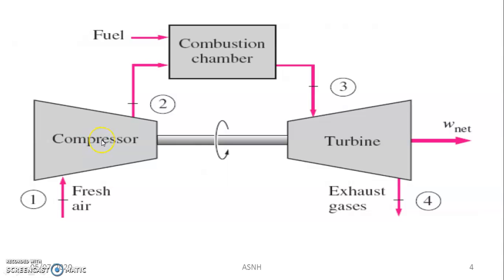In the compressor, the pressure and temperature increase, and when the air comes in contact with the fuel supplied in the combustion chamber, combustion of the fuel takes place, burning of that mixture takes place, and a tremendous amount of heat is generated in the form of heat energy, having high pressure and high temperature, and the same mixture enters on the blades of the turbine.